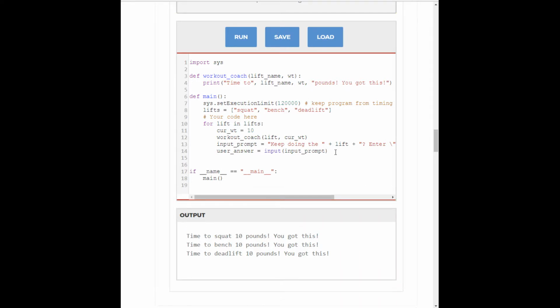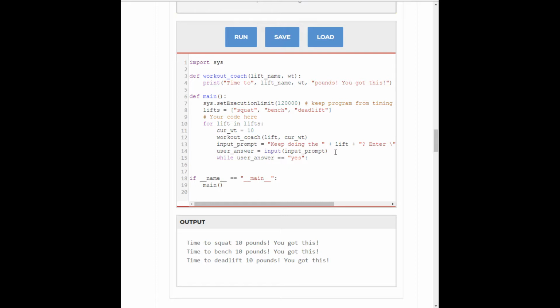Now, I want it to keep asking me that, or keep increasing the lift number, keep asking me that as long as until I say no. So I want to set it up with a while loop so it keeps asking me that question until I tell it no. So I'm going to say while user answer equals yes. So until I tell it something other than yes, I want it to